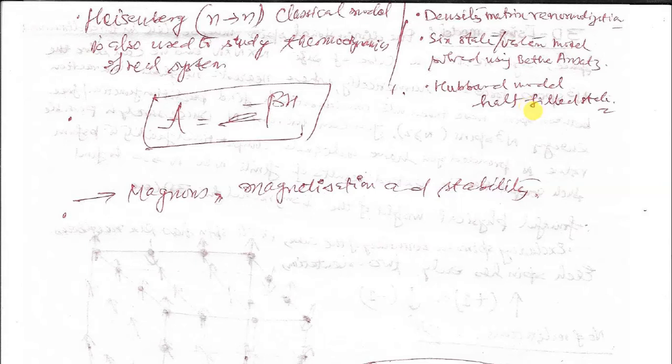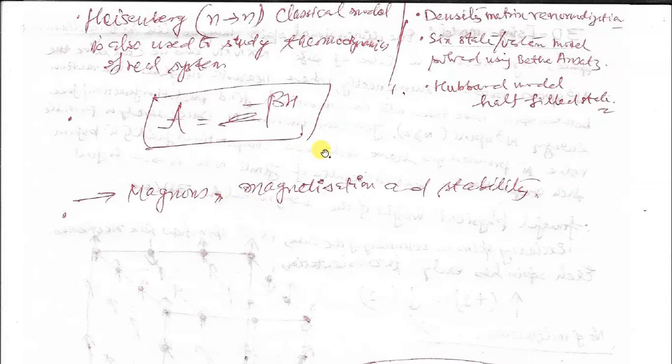the model. So these are mathematically complicated systems to handle, the Heisenberg model to understand the behavior of a magnetic system quantum mechanically as well as classically. By solving this Heisenberg model, we can understand the idea of magnons, which are spin waves. A quantized spin wave is known as a magnon.